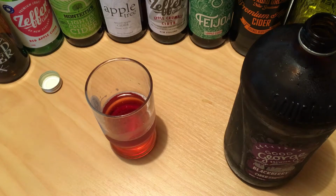It is slightly more expensive. Obviously, your 946 mils, you're not going to calculate it exactly, but at around $13 or $14 for just under a litre, that's quite a bit more expensive than a lot of the other fruit ciders, which you can get for often under $10 on special in a 1.25 litre PET bottle. Your Rekorderligs often $5 or $6 for a 500 ml,